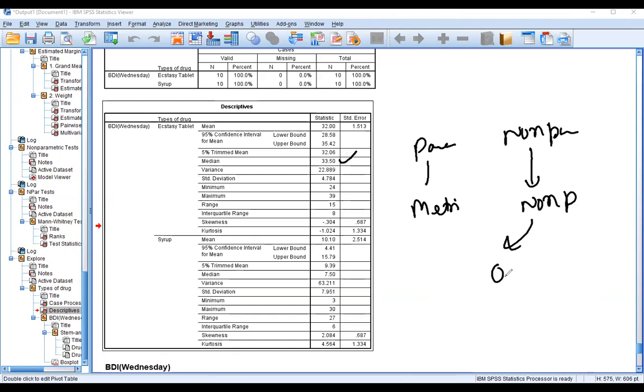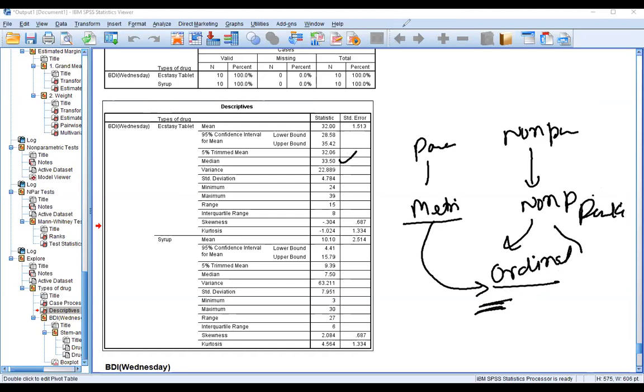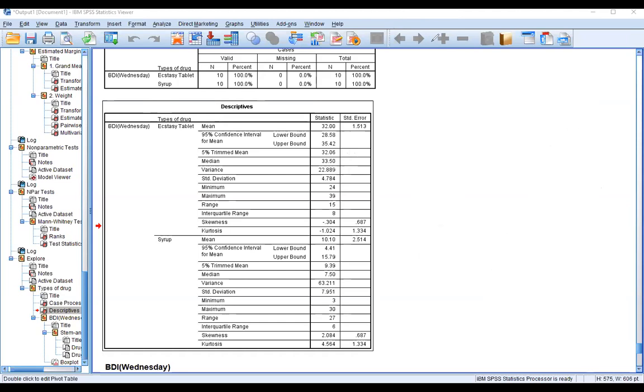Non-parametric means our data is ordinal data. So when our data is in ratio scale, it is converted into ordinal. It will create the rank of the data set, and then we will take the median, because we cannot take the mean value for ranking data. We take only rank. Okay, देखिए कैसे. अब क्वेश्चन है कि how to convert the